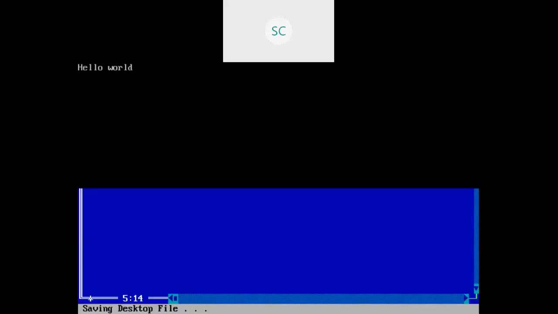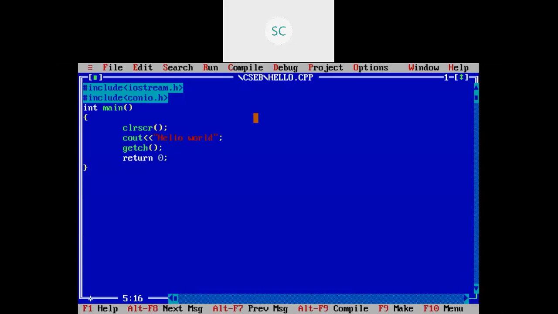You observe the difference, right? In the previous case, we saw the hello world output two times, right? In this case, we have written one more statement, that is clrscr. What will this function do? It will clear your screen first. After clearing your screen, it will print your output. That you need to remember. Then this is about your sample program. We'll move on to a new topic. Here I have used cout, right? What is cout actually? That we will see.